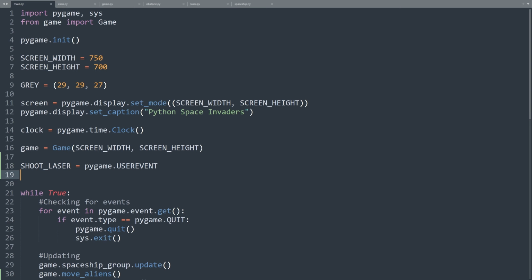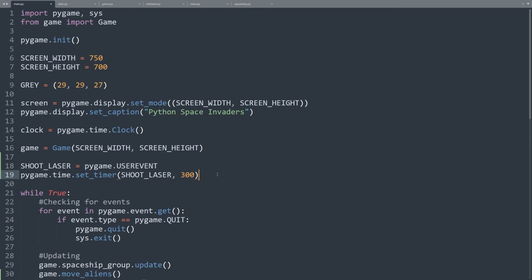Now, let's tell Pygame when to trigger this custom event. We want to trigger it every 300 milliseconds. To do this, we will use the set_timer function from the pygame.time module. pygame.time.set_timer(shootLaser, 300). This function creates a timer that will trigger the shootLaser event every 300 milliseconds.